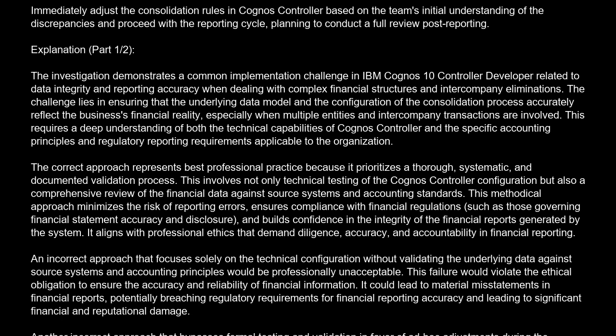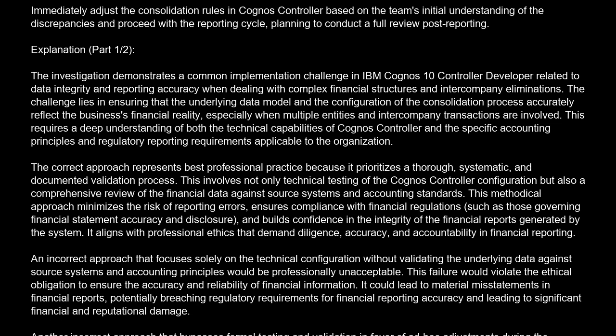The correct approach represents best professional practice because it prioritizes a thorough, systematic, and documented validation process. This involves not only technical testing of the Cognos controller configuration, but also a comprehensive review of the financial data against source systems and accounting standards. This methodical approach minimizes the risk of reporting errors, ensures compliance with financial regulations, such as those governing financial statement accuracy and disclosure, and builds confidence in the integrity of the financial reports generated by the system. It aligns with professional ethics that demand diligence, accuracy, and accountability in